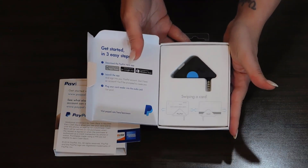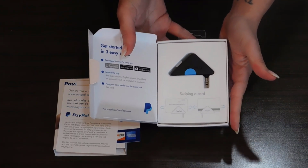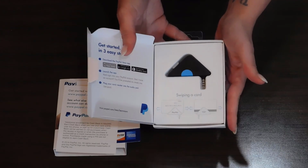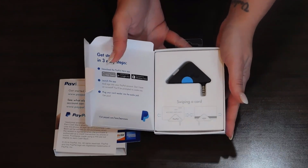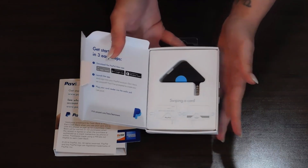So some quick pros and cons about this PayPal card reader is that it's pretty affordable. It's also really easy to set up as it comes with a free mobile app, and it does accept all types of credit cards. Some of the cons would be that it doesn't have the ability to accept chip payments